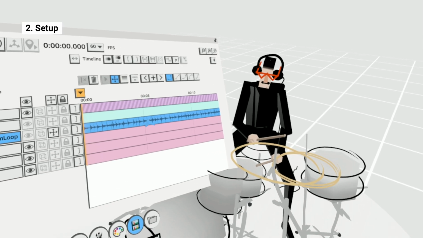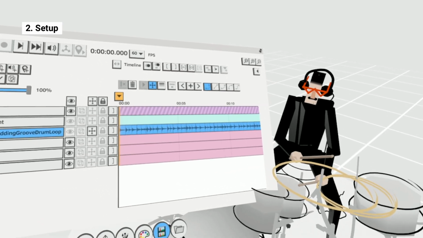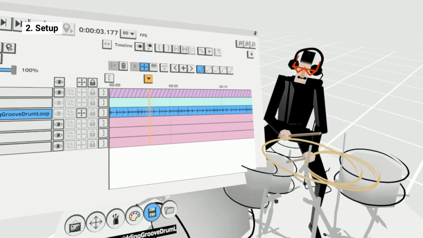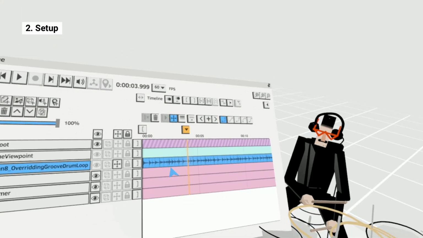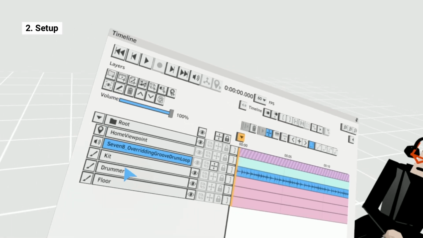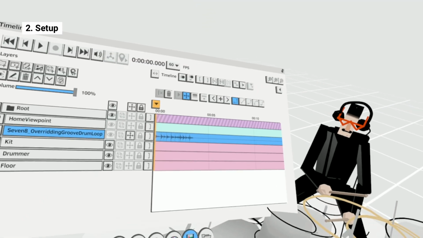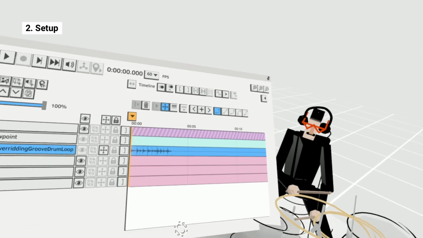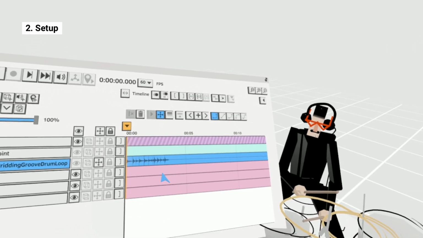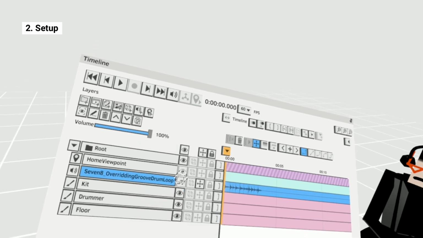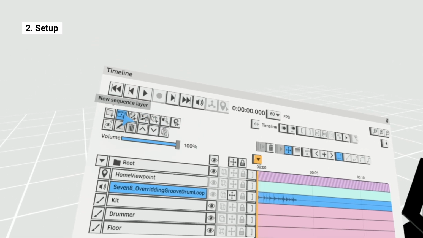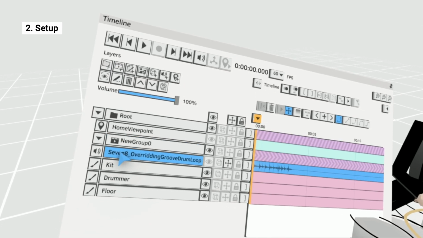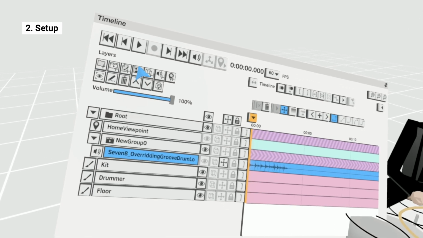And you can see now the groove is continuing. So let's just hear that. Okay, so it's a nice clean loop. But if you don't have access to audio software, you're bringing in an audio source, you want it to loop, you could put it into a sequence and loop it from there. So the way you do that is to go to new sequence here, select your audio source, bring it into your group,